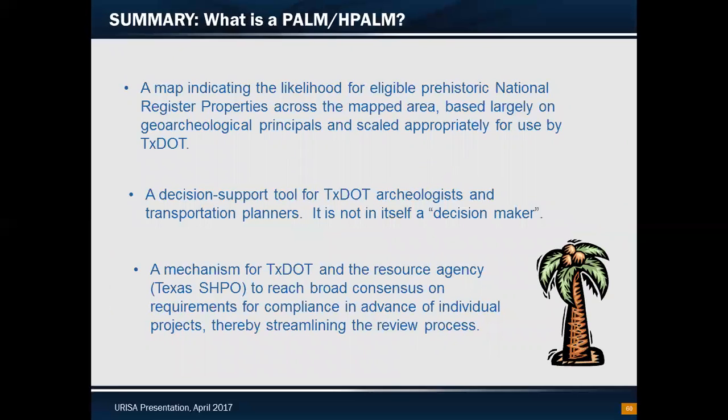In summary, PALMs are a map indicating the likelihood for National Register properties. They're based on geoarchaeological principles, and they're scaled appropriately for our use. They're decision support tools. They're not decision makers, and they're mechanisms for our agency and the resource agency, which is the Texas SHPO, to reach consensus on requirements for compliance in advance of individual